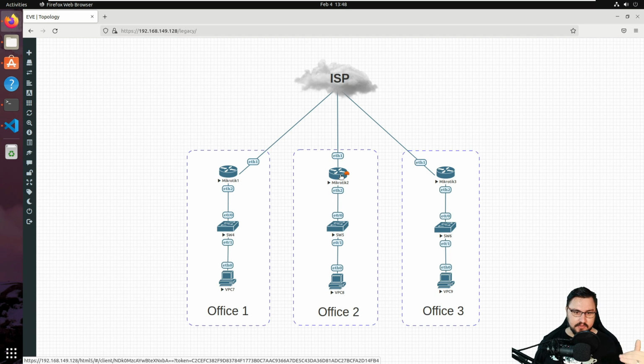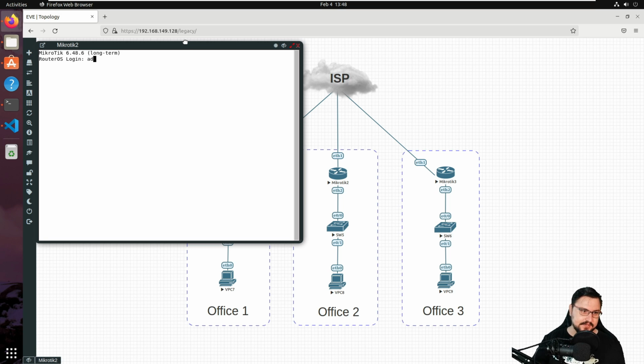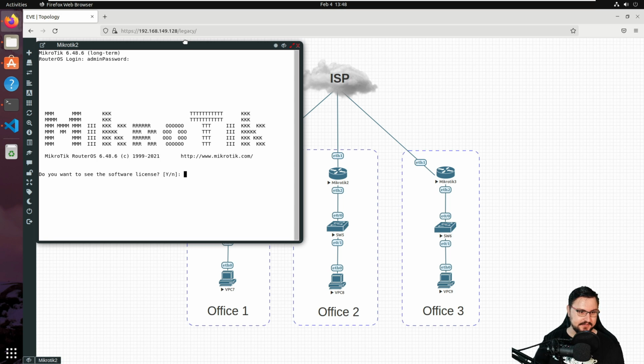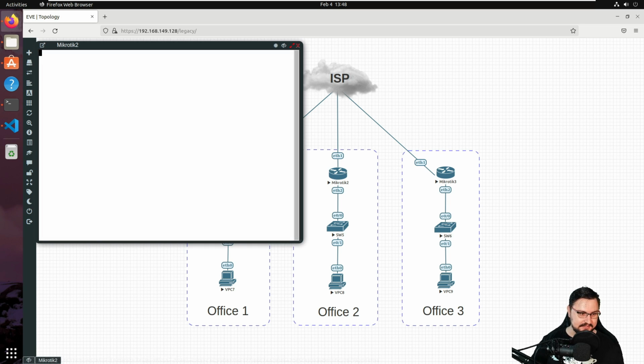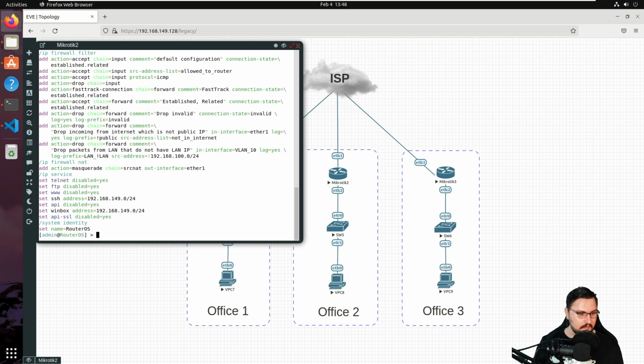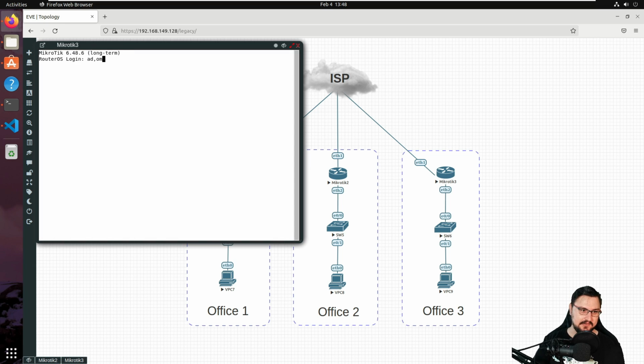And again, this is not just on the one router. I was able to orchestrate this to many different routers. So here I'm on a second router. There's that little visual bug again for Eve. Let's just do that again. And it's that easy. So in literally how long it's taken me to talk to you guys, I've configured 3 different MikroTiks for 3 different offices,